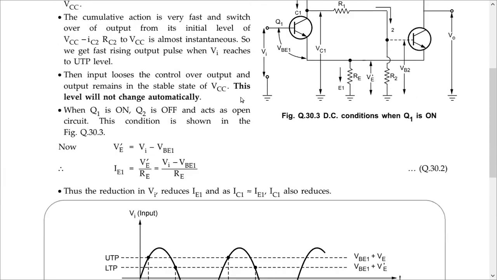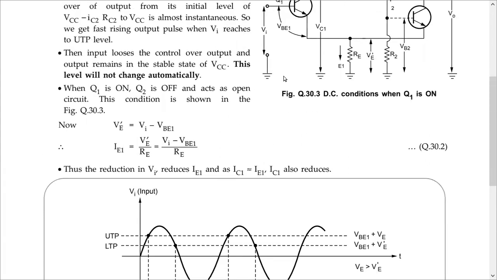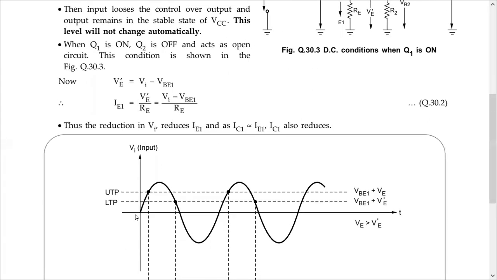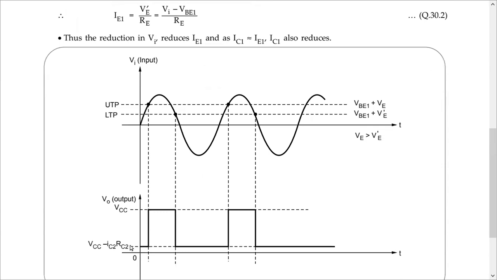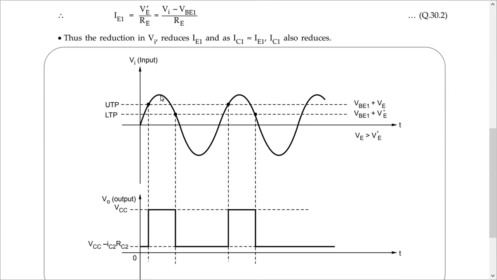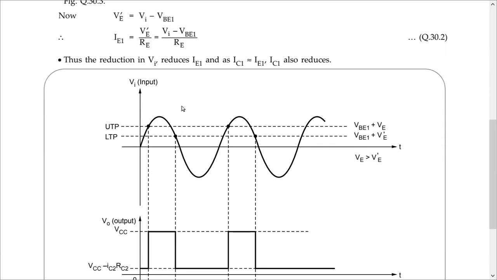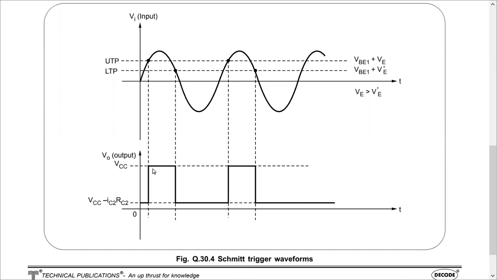Now here, as your friend has rightly said, so far when we gradually increased the input, when the input crossed the upper threshold point, the output changed from low to high. Now we are here. So what is happening here? Input increases and then gradually reduces, a sinusoidal signal waveform. When the input reaches the peak, still the transistor is on, so we are maintaining the constant.